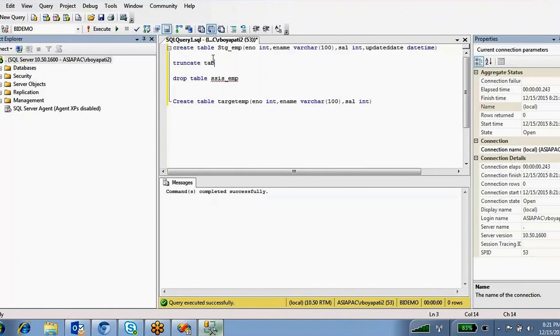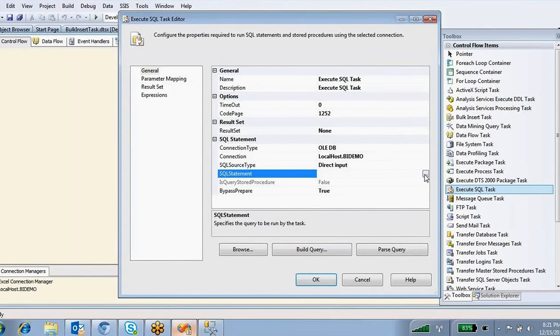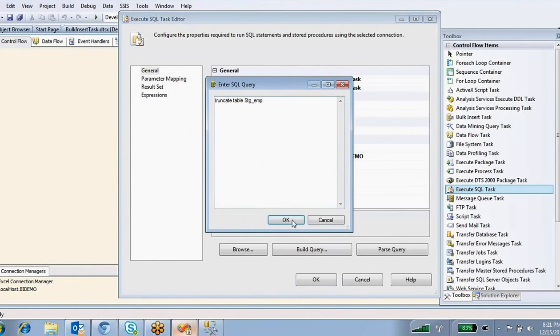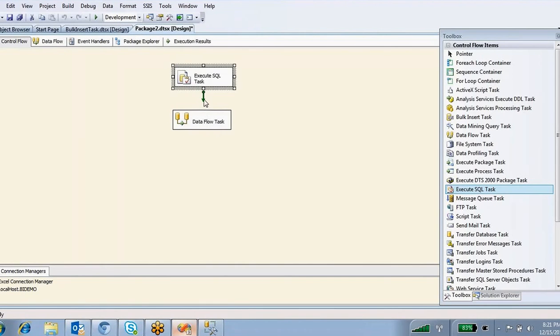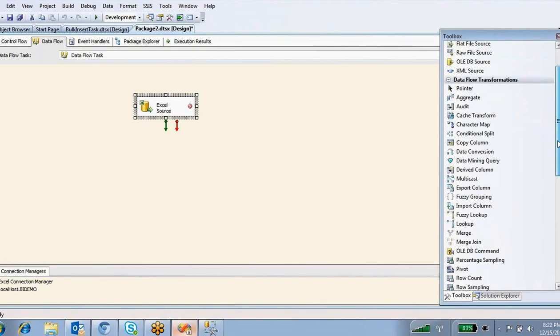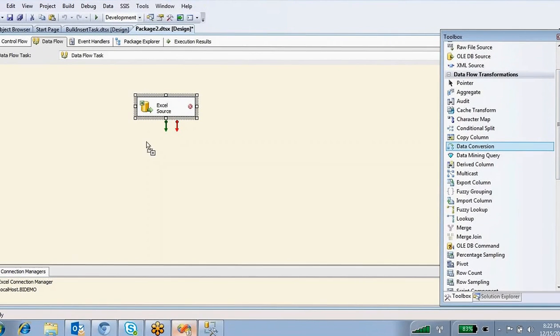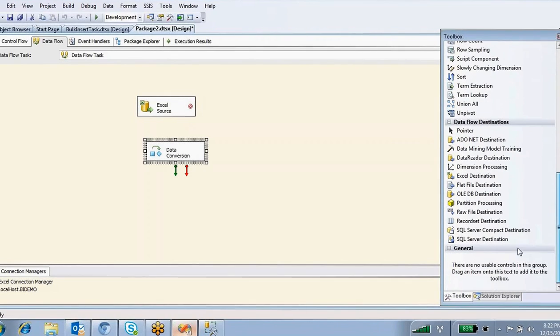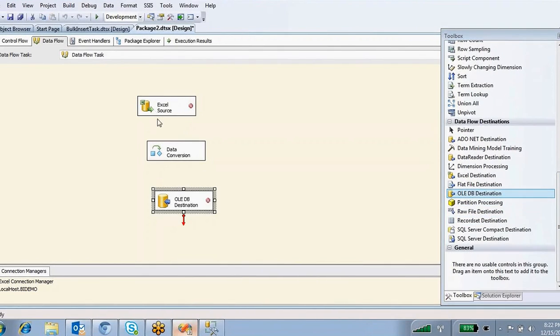Truncate table stg_emp, Control C, Control V. Okay, and I'm going to load the data after truncating. I'm going to load this Excel source data, and by using data conversion I'm going to convert the data into the stage table, OLE DB destination.